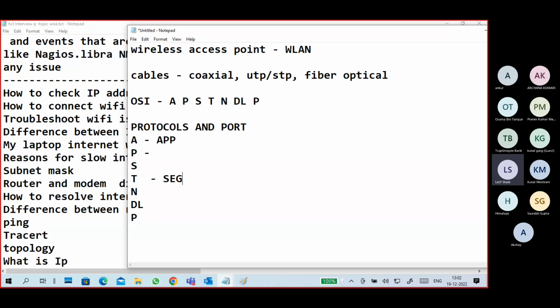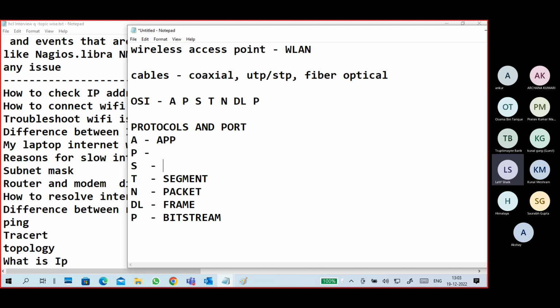At the transport layer, the PDU is a segment. This segment is sent to the network layer, where it is called a packet. The packet is again added with a MAC address and CRC, which is called a frame. The physical layer is a bit stream. At the network layer, IP addresses are added, source and destination IP. At the data link layer, source MAC address, destination MAC address and CRC are added, and that is converted into a bit stream.